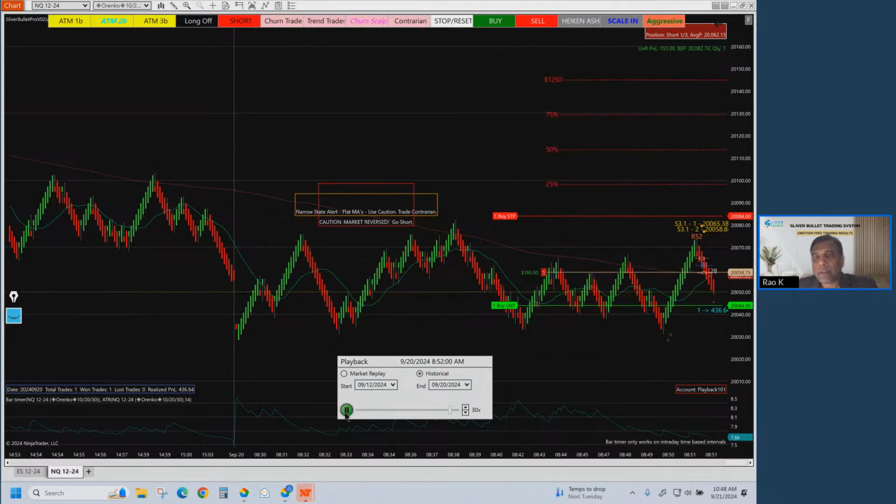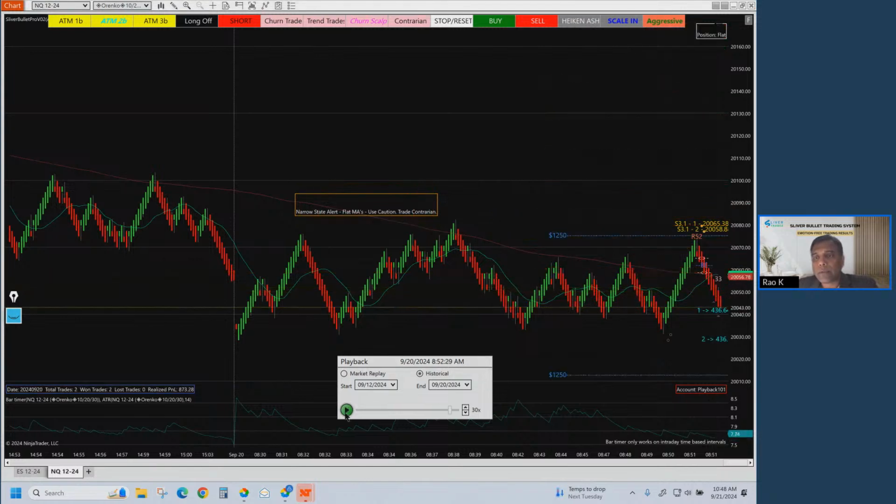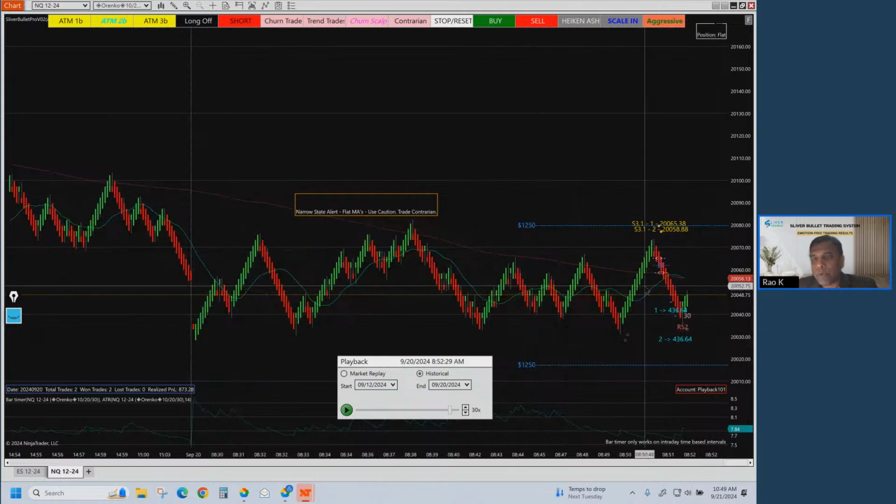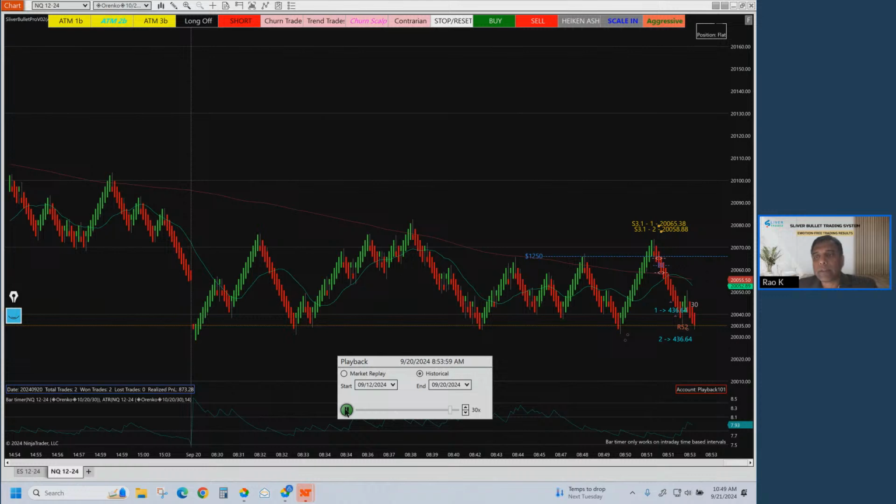Target close. Target filled. So two trades in one direction. After price moved above the 21 SMA and started to come down, it took one trade here, then a second trade here. First trade $436, second trade $436. So total $800 since we started. And we are aiming for $2,000 of profit.